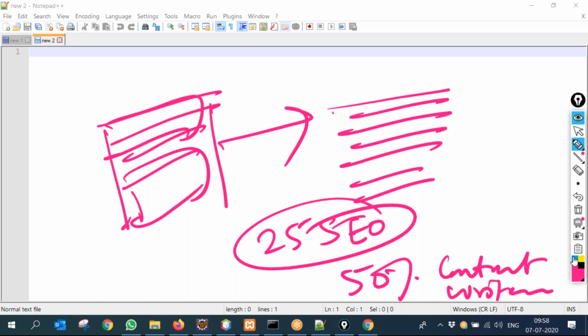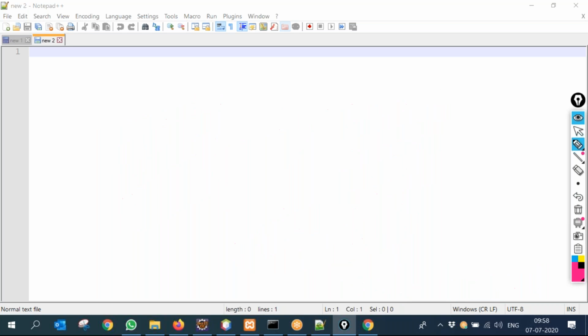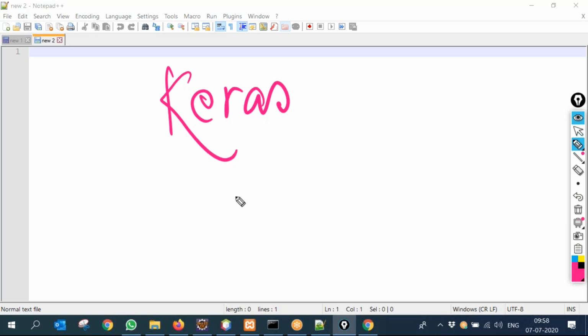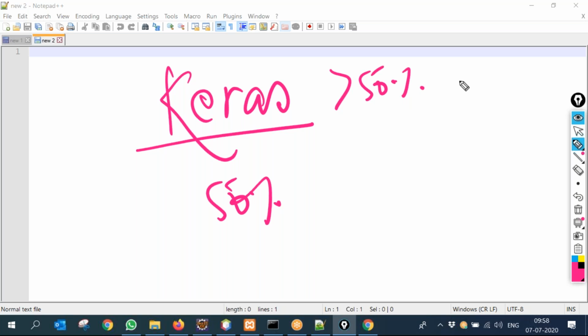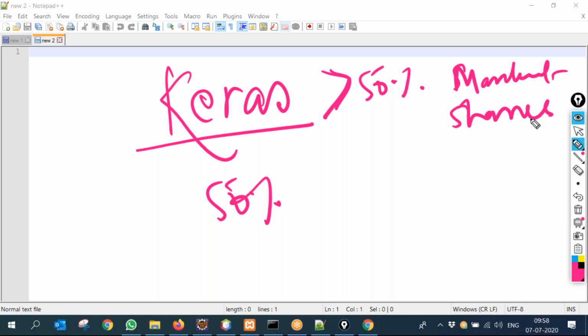And who has more data? Google. You will be surprised to know that Keras, which will be 50% of your course, has more than 50% market share. And who owns this? Can anybody guess?